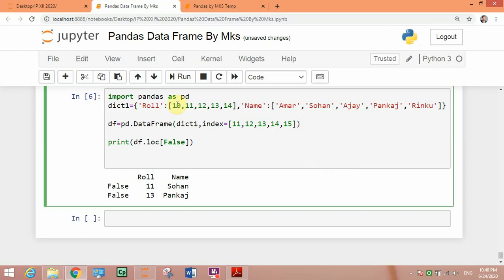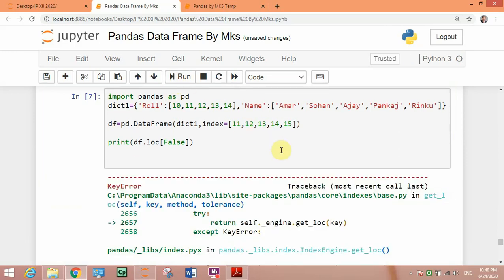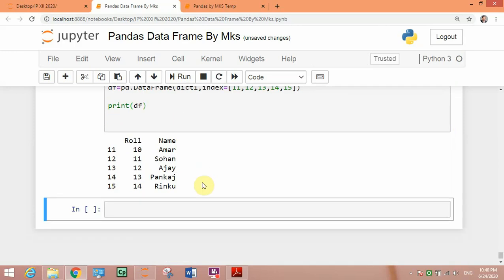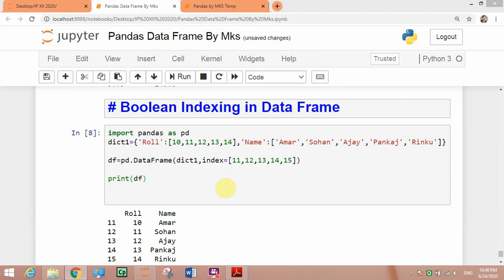So now again index value changed. You can see here what is error. Error is we are printing the index value which is not available. That's why this one is coming like this. So if you see this is again having new index value which I have provided in the program here. So index value, if it is in the form of true and false, then it is called Boolean indexing.